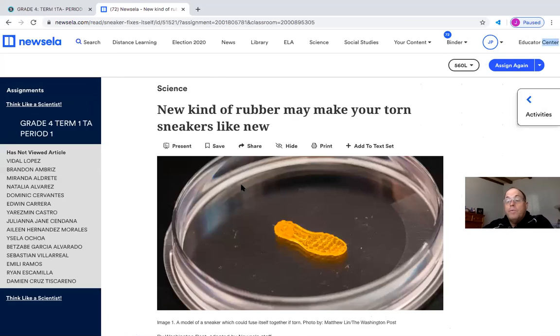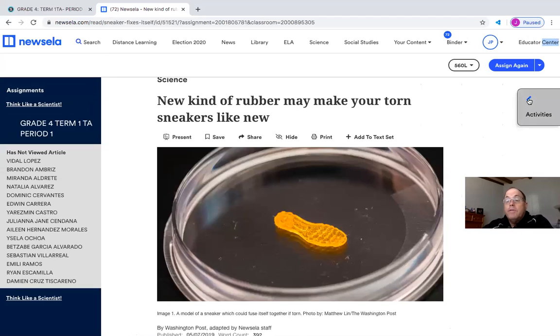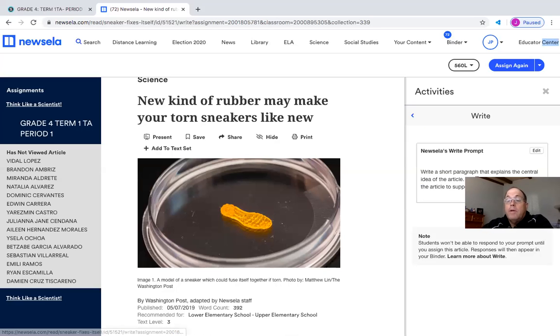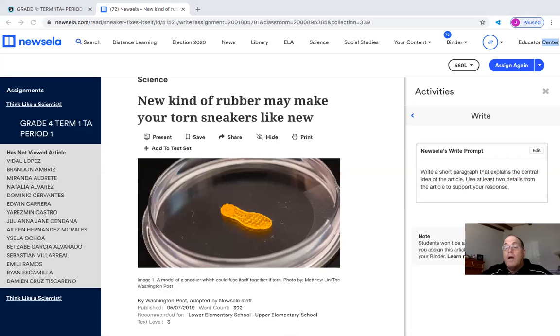Okay, so again, you have activities over here. In activities, there's a new thing called power words, and you're going to see there's words we can click on in the reading, and it gives you a definition, and there's a little task to do with the power words at the end. You have a writing assignment, and then you have a quiz. So in the writing assignment, it says, write a short paragraph that explains the central idea of the article. Use at least 2 details from the article to support your response. So if you can remember,